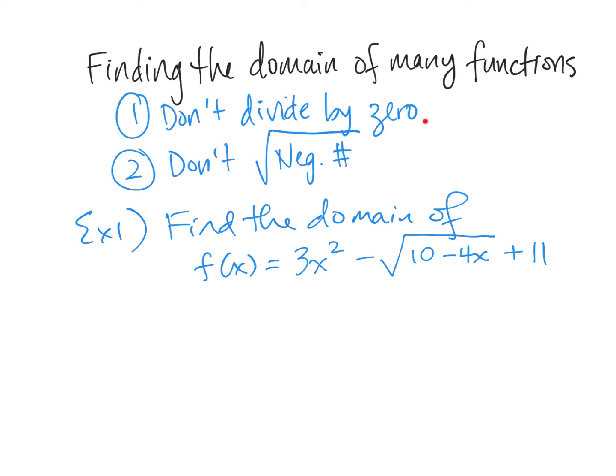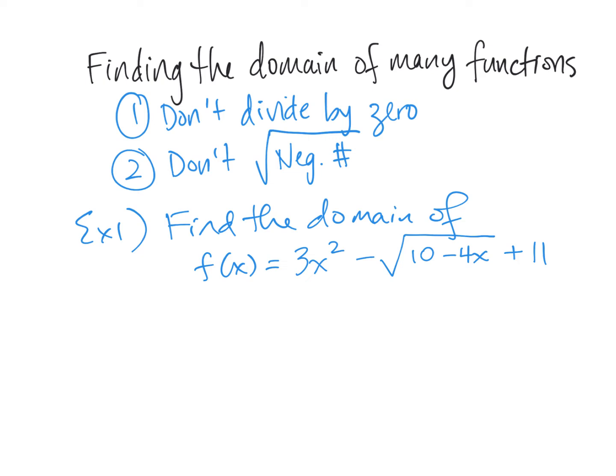if I'm not supposed to divide by zero, do I have any division inside this function to worry about? I don't see any division, so I'm not worried about dividing by a potential zero for some particular value of x. But I do have square roots. So I need to make sure that my square root never ends up being a negative number underneath. Okay? Now,